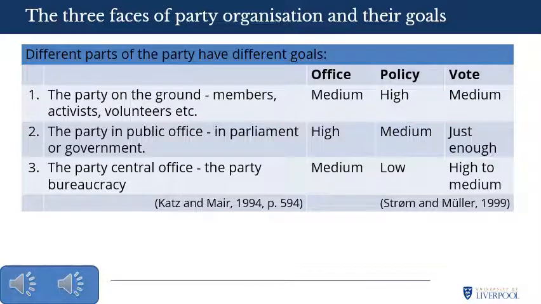Whereas in PR systems, your share of the vote nationally is much more important. So vote maximisation only really makes sense in a PR system, not a first past the post system. So later scholars, building on Downes's work and his theories, rode back from the vote maximisation strategy. They argued the parties actually want to achieve enough votes to win, rather than arbitrarily aiming for maximum. But unlike office and policy goals, the desire for votes is only ever instrumental. Winning votes allows parties to achieve office and enact policies, but parties don't go into election only to win votes.